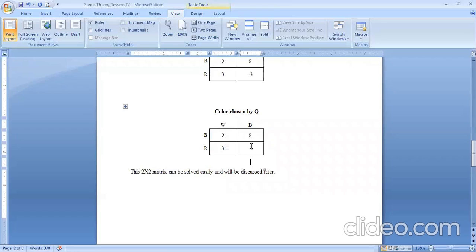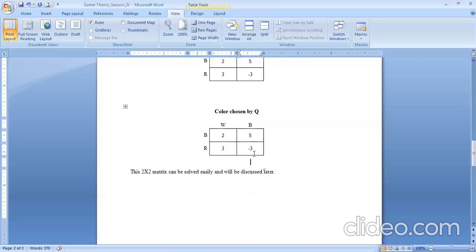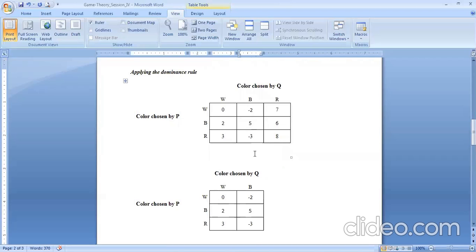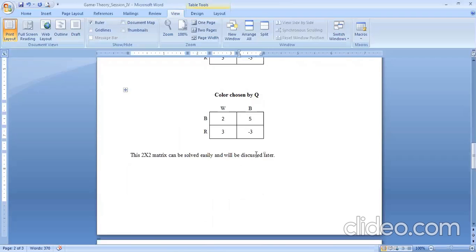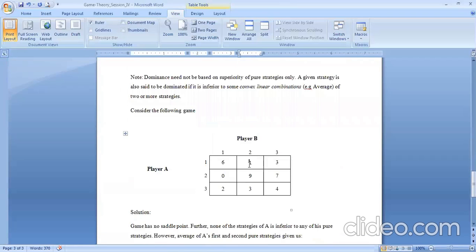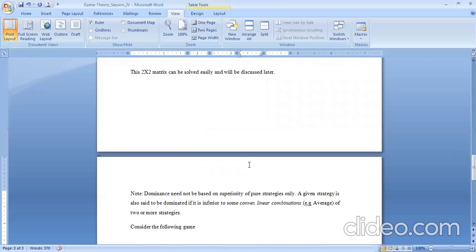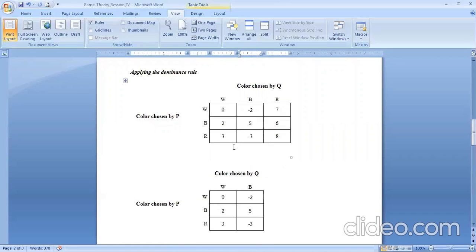But for the time being, for this session, please remember how a given matrix can be reduced to 2 by 2 by applying the dominance rule. Okay, right. I think you have understood this one. Let us move to the next. Before going to the next problem, here is one remark I want to give you. As we have compared the rows and columns based on